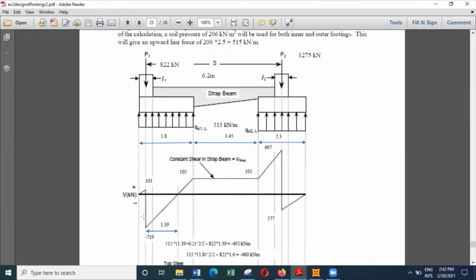And here you can easily draw the shear force diagram, which is 515 into 0.2. 515 into 0.2 is 103, and 103 minus 822 is 719, and 719 again this will go in the same gradient of the slope, and so the value here will be minus 719 plus, here you can see these clockwise shear, it's positive, and the value here will be